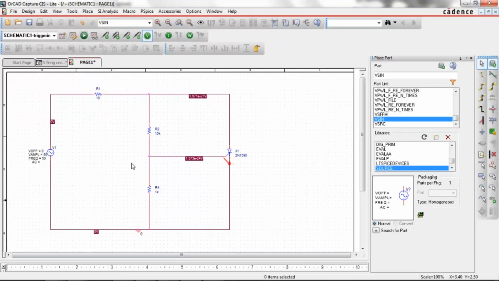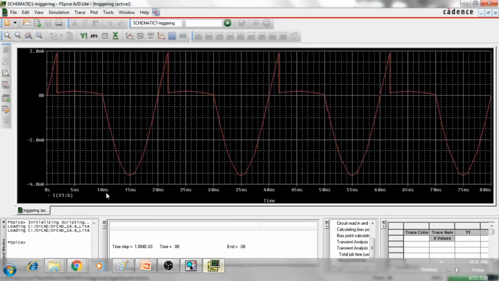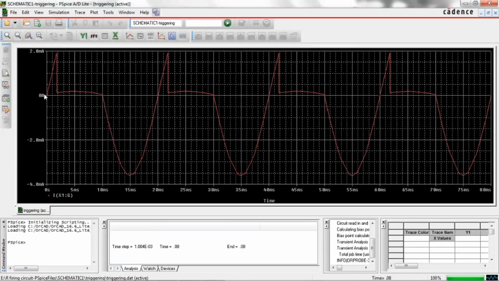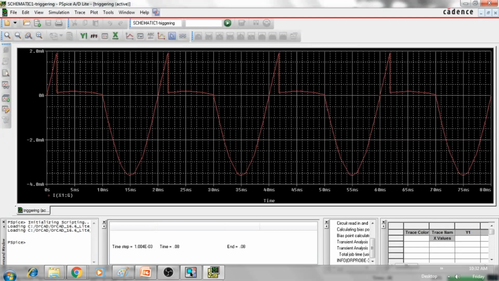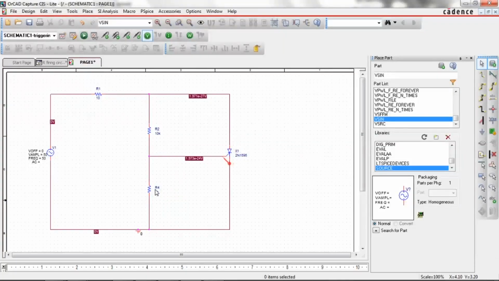So it is okay. Why is the current sinusoidal? You should ask a question. Why is the current sinusoidal? The voltage is also sinusoidal. That voltage, Vm sin omega t, is varying like that, and the current is Vm sin omega t divided by the total resistance. What is the total resistance of this circuit? It is 10k plus 1k, 11k, 11 point something,